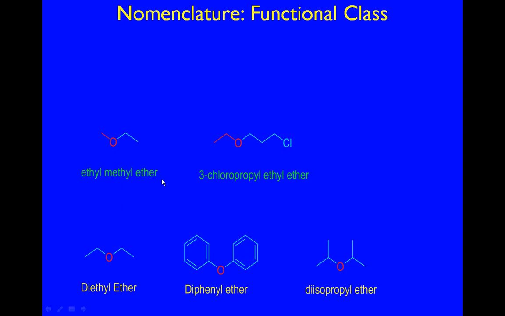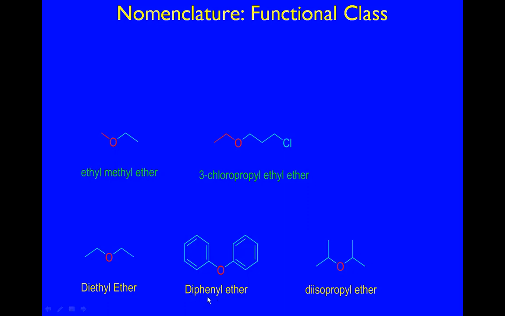Nomenclature, you can name them as ethers. Find the two alkyl groups attached to the oxygen and alphabetize them. Ethyl methyl ether. That's a common name. It's not an IUPAC name. Here we have chloropropyl because there is chlorine on the propyl, and there is an ethyl, so it's called 3-chloropropyl ethyl ether. Diphenyl ether, diethyl ether. When you have two symmetrical groups, two similar alkyl groups, you can use the prefix